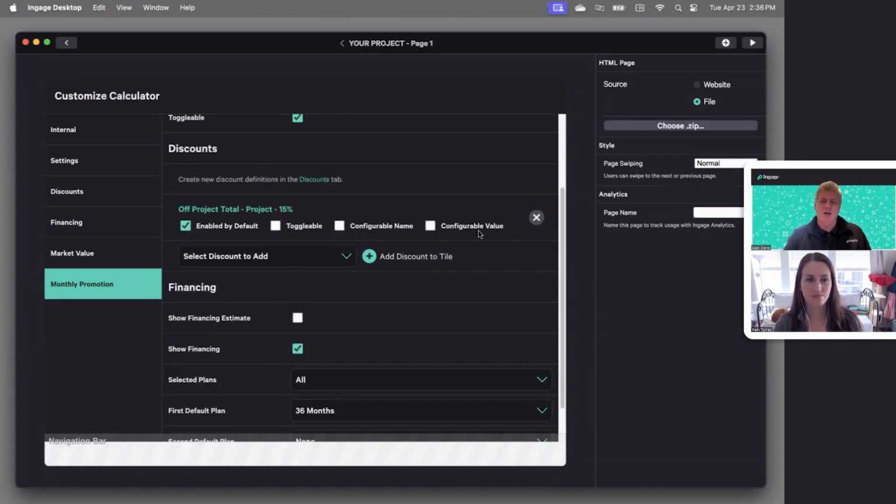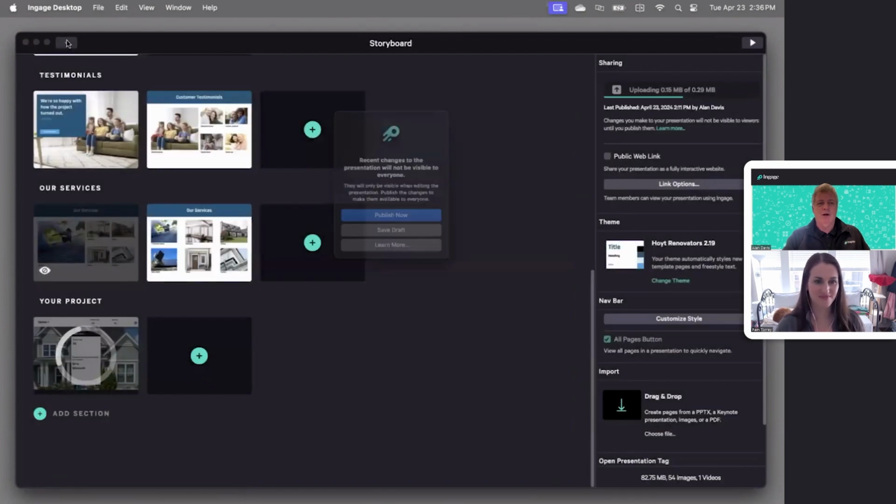So these are things I can do to help the rep either have more flexibility or less flexibility, depending upon how I want to control that experience for them in the field. Let me just kind of back this out. I'm going to go back to our